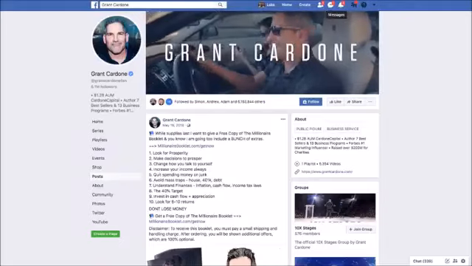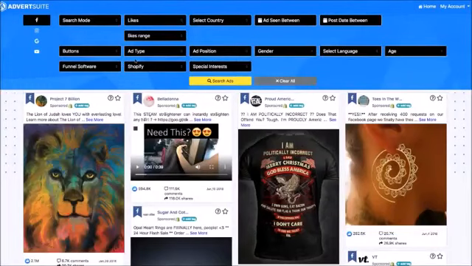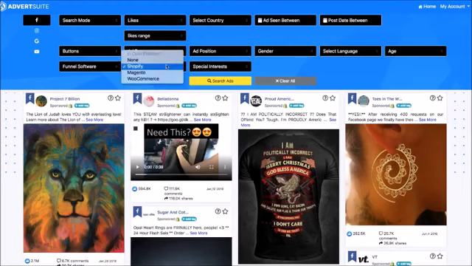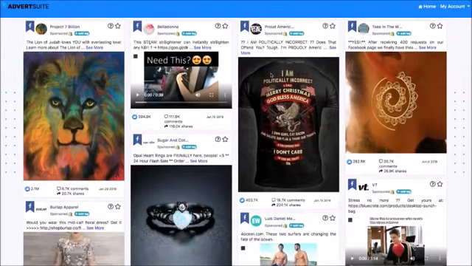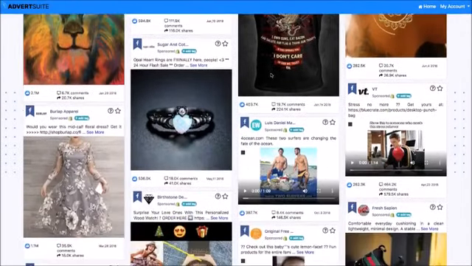Let's just do one more example here. Let's search for e-commerce. So if I wanted to start an e-commerce business, or I'm already in an e-commerce business, whatever it might be, you can search for all the ads running to a Shopify store, a Magento store, or a WooCommerce store. Now for this one, I'm not even going to enter a keyword. I just want to see all the ads running to Shopify. These ads display right away for me. I can scroll down and see what the most highly converting products are, if they're free plus shipping, if they're from